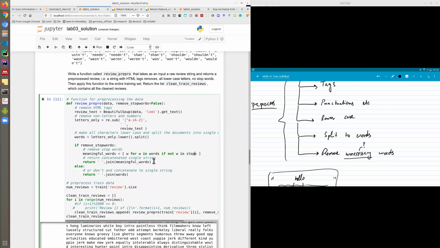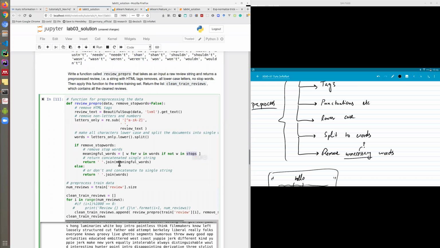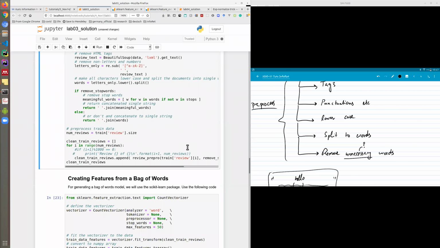So now we have, in fact, this is the way it should be, because this should be true or false. This should not be a list. So we say if remove stop words is true, then we remove all the words that are here. Otherwise, we keep all the words. And after that, we join that list of words. We join all the words in the list by a space. And now when we run that,